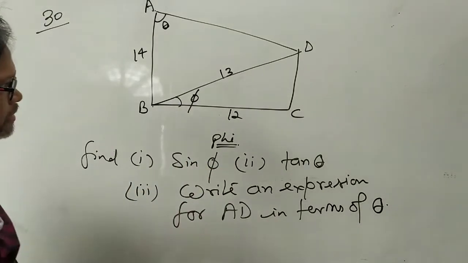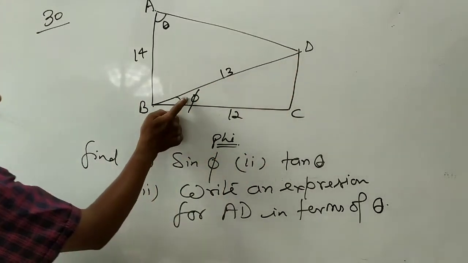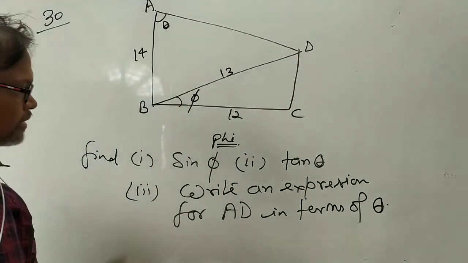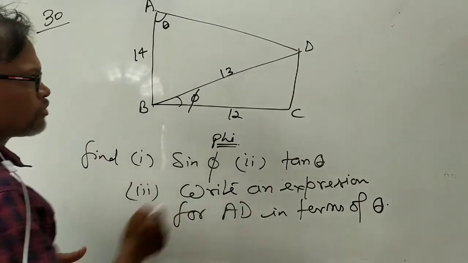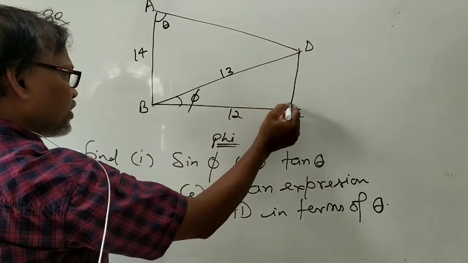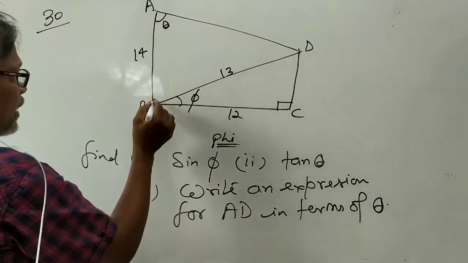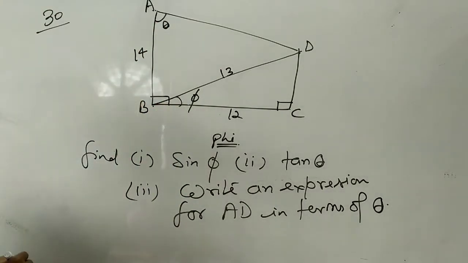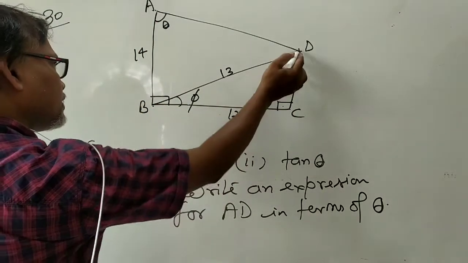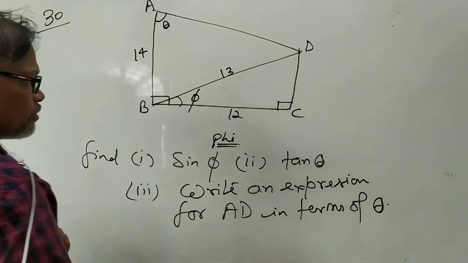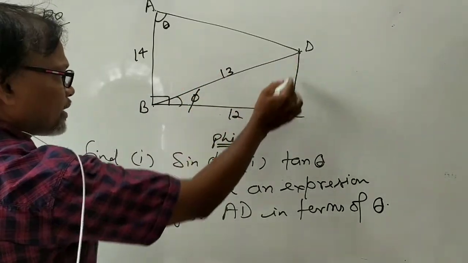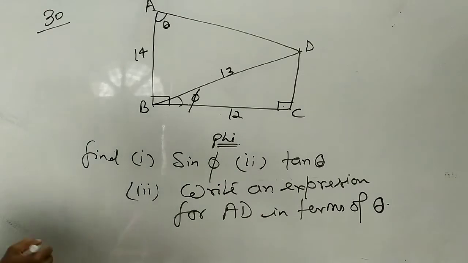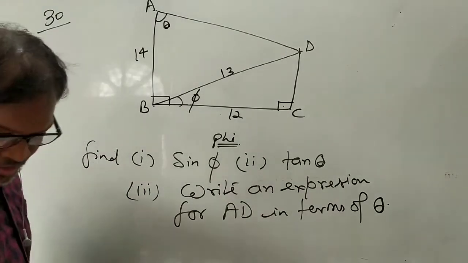So how to find these three parts? Sine phi. Sine phi means using this triangle, okay, because it is phi angle. And sine is equal to perpendicular upon hypotenuse, means this part is the perpendicular because it is 90 degree, and this is also 90 degree. तो अगर ये 90 डिग्री है तो this is the perpendicular because angle phi you are taking upon hypotenuse. So perpendicular is not given. So find the CD by using Pythagoras theorem.